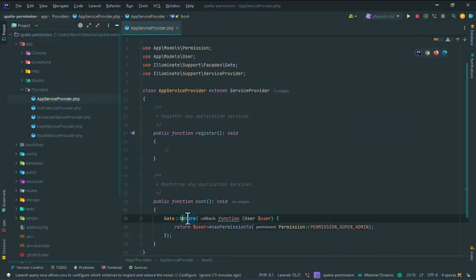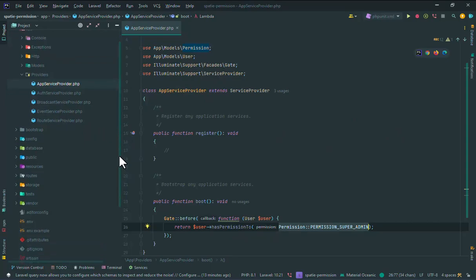This is when we want to check the user has, for example, an ability: before checking, gate before runs, and you can add your condition here. For example, I add if user has super admin permission, he can access all pages